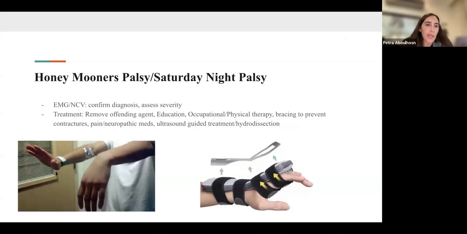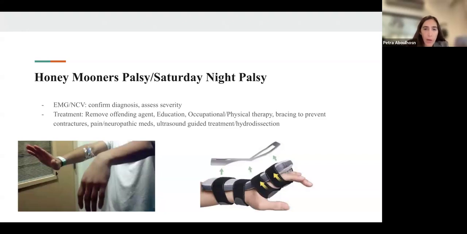All right, so in this case, we can use the nerve conduction studies or EMG to confirm diagnosis and assess severity. As I said, you would have to wait at least a month to get proper diagnosis and to actually have changes shown on the EMG. So the treatment in this case, we remove the offending agent, and that's basically for every nerve pathology. Educate, if it was honeymooner's palsy or Saturday night palsy, educate them on the causes of drinking too much, sleeping the wrong way, using the crutch, educate on how to use it the right way,